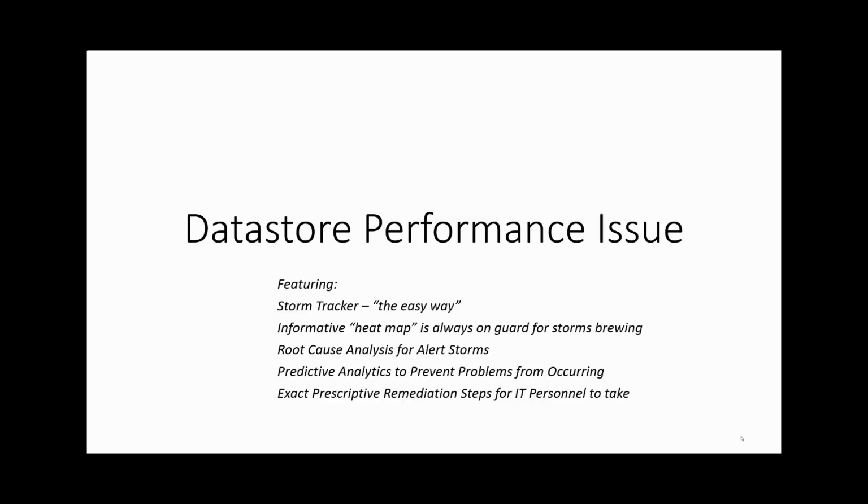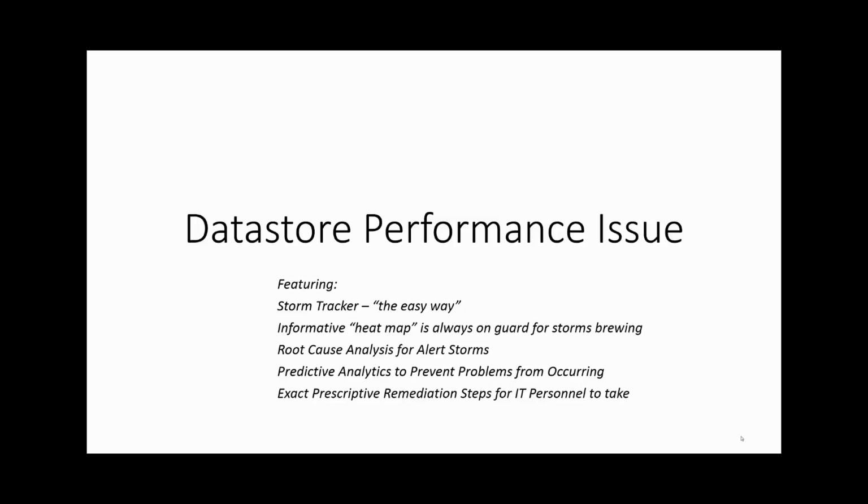We're going to be using Xangati to track down a data store performance issue, and there's a corresponding demo to this one, but in this one we're going to use the Storm Tracker feature. This is the easy way to track a problem like this down. As you'll see, we're going to start with an informative heat map, and then we're going to move from that